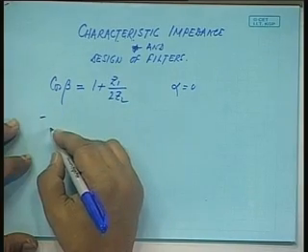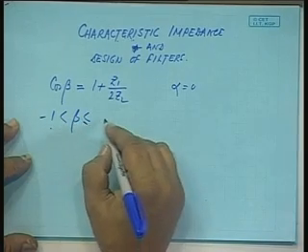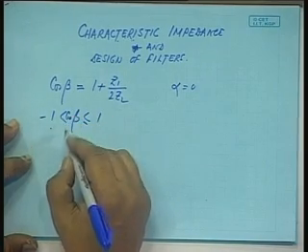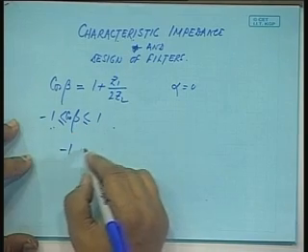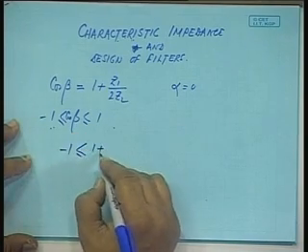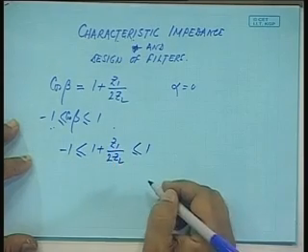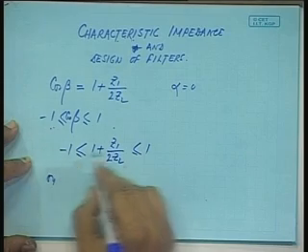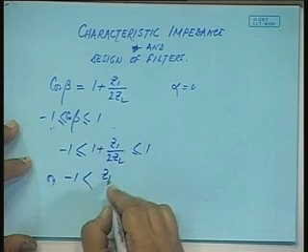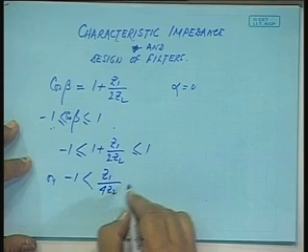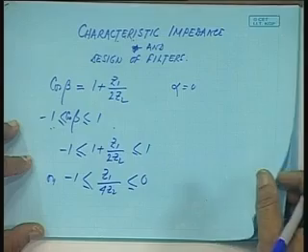This means, because cosine beta is between minus 1 and plus 1, we can write minus 1 less than equal to 1 plus Z1 by twice Z2 less than equal to 1. If I subtract 1 from all the 3, then it reduces to minus 2 less than equal to Z1 by 2 Z2 less than equal to 0, that is, Z1 by 4 Z2 between minus 1 and 0. Okay. Now, in the stop band,